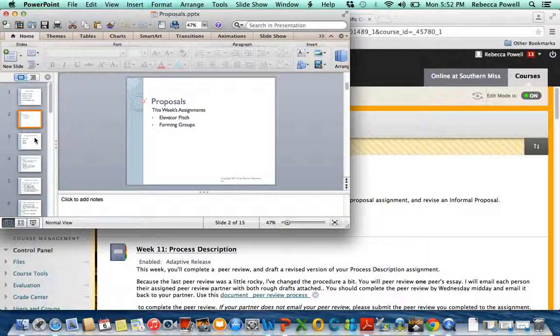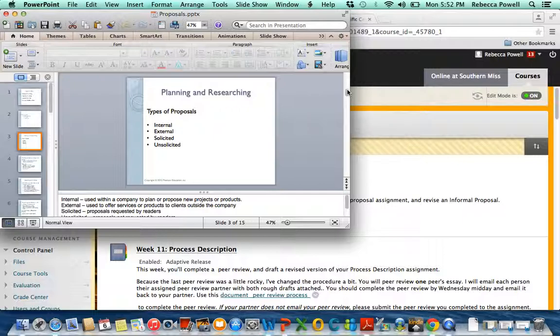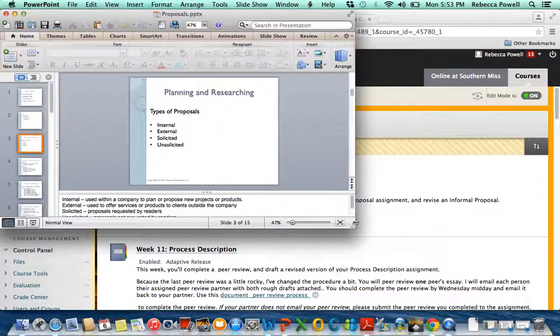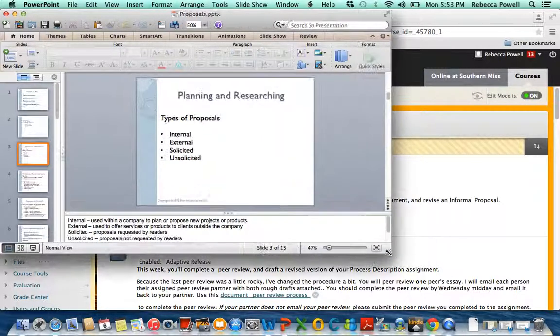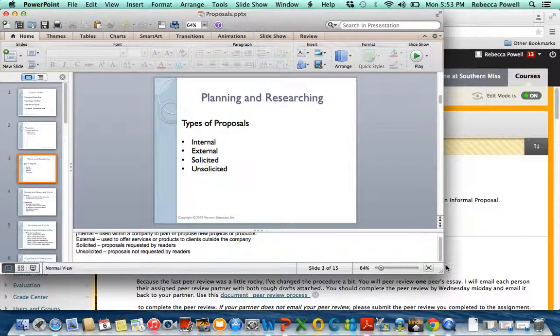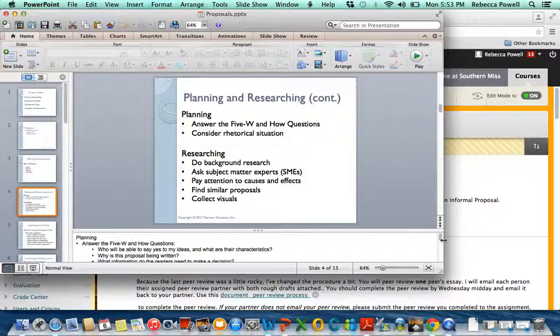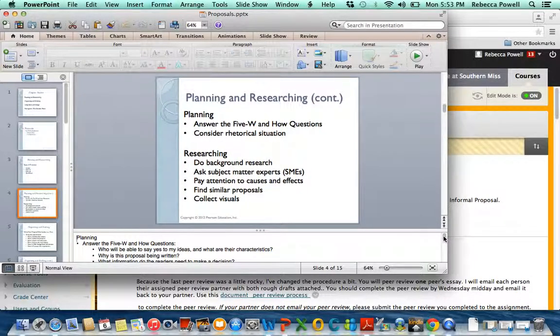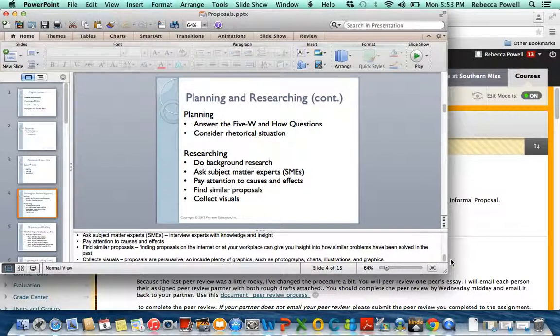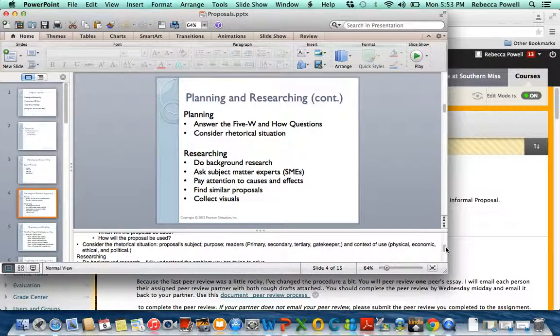So this PowerPoint, again, how it works, why I have it like this is because down here are the notes that go with it and explain the PowerPoint. So you scroll down and you'll see what those things mean. And it goes like that all the way down. You'll want to read through this to make your elevator pitch, and you'll also want to use this when we do the final assignment of the proposal,